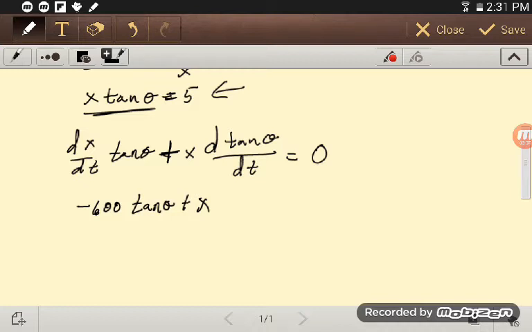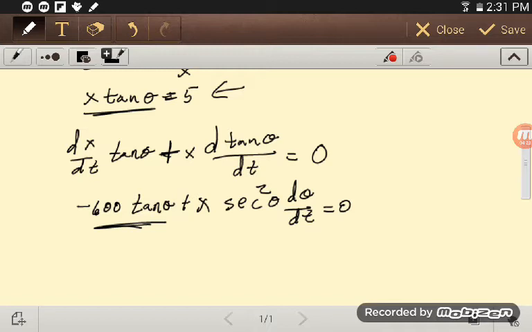The derivative of the tangent is secant squared of theta, times d theta dt, is equal to 0. And this was at 30 degrees, or pi over 6. So if I move all this stuff over to the right, I have